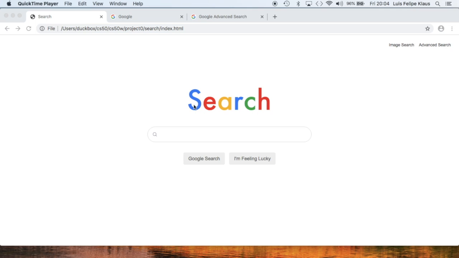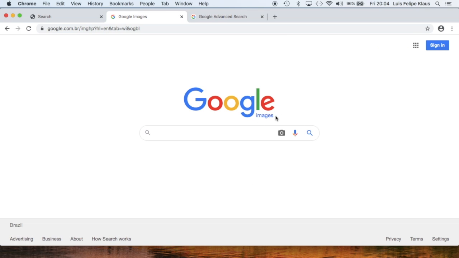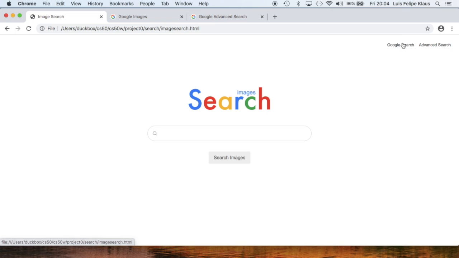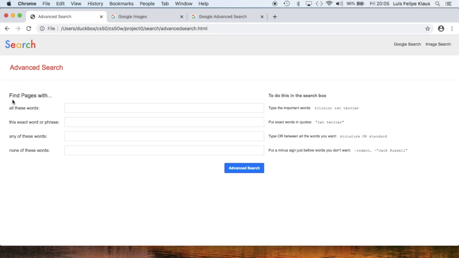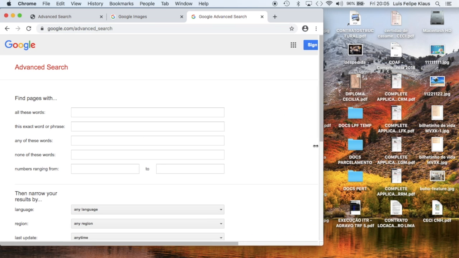The last thing I want to show is about the aesthetics. I tried to make it resemble Google's own, and I used CSS to make buttons and colors and hovers and shadows and whatever I could. Even a similar logo I tried to resemble, and that was it. The only thing I missed was in the advanced page. I tried to make it responsive, and I did it. So that was Search